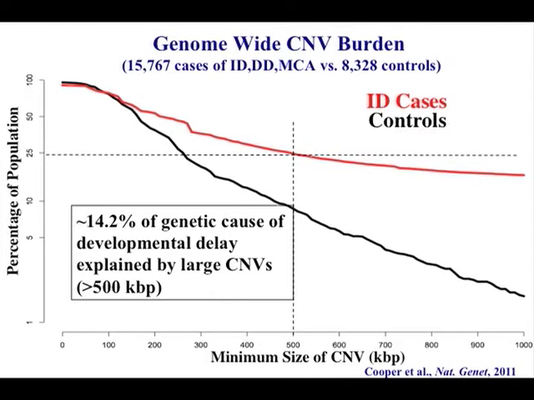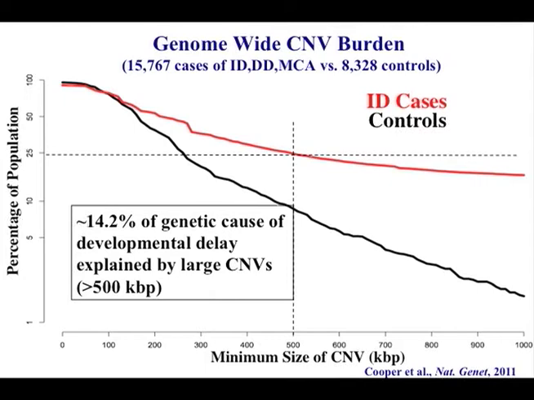Essentially a comparison of overall CNV burden. So what you're looking at in this chart is two lines, one for cases with developmental delay, or largely intellectual disability, in red, and then our control line indicated here in black. And what's indicated here on this axis is the proportion of either patients or controls that had a CNV of a given size or greater.